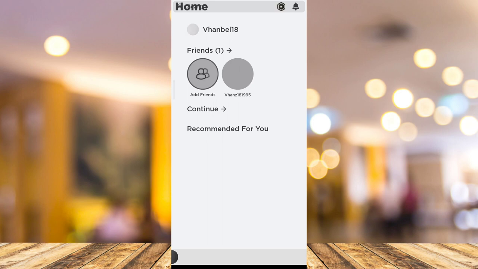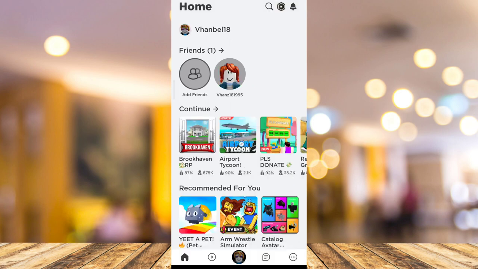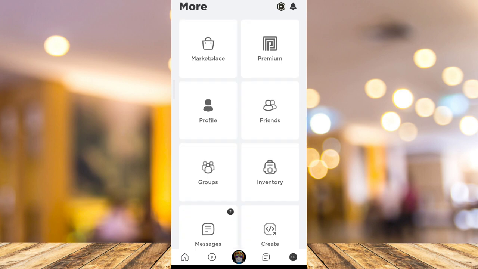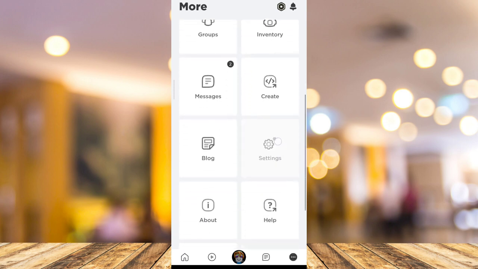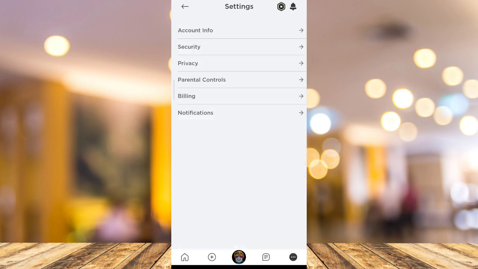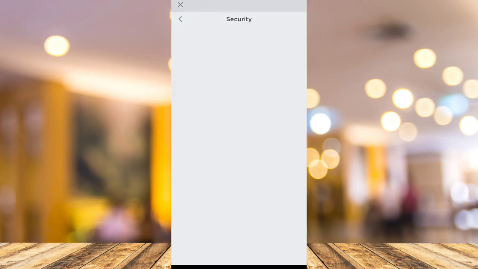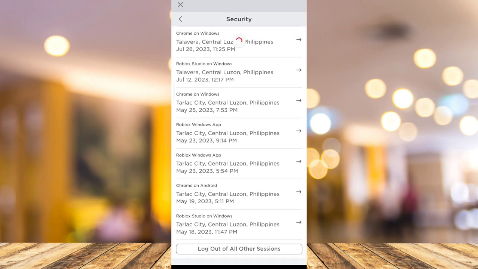So you want to go here on the Roblox homepage and then tap on the three dots in the bottom right corner, scroll down, then tap on settings. Then here tap on security. Then on security options, scroll down until the bottom and tap on log out of all other sessions. And then you can try to reopen your Roblox app to see if that is how you can fix